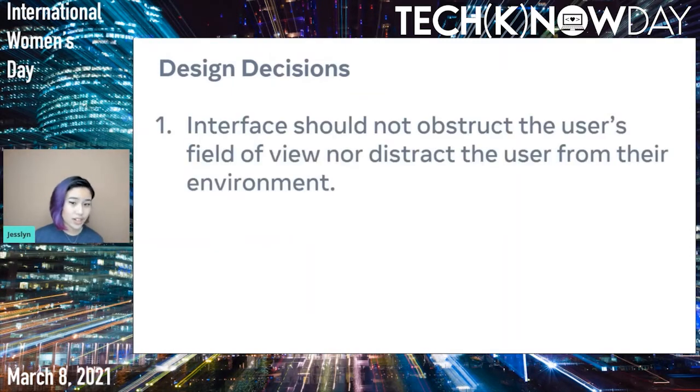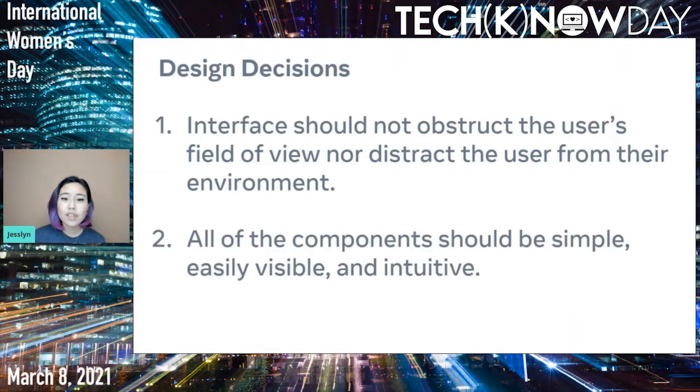First and foremost, the interface should not obstruct the user's field of view, nor distract the user from their environment, especially since the environment is dangerous and simple distractions can cause slips, falls, and injuries. When I talk about distractions, distractions could include things like colorful objects, elements obstructing the field of view, or animations. And secondly, all of the components should be easily visible, simple, and intuitive. Since the interface is aiding the user to perform a task, it must play a supplementary role. The user cannot direct full attention to the application since they will also be walking, working with team members, and